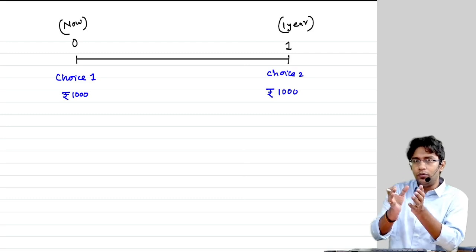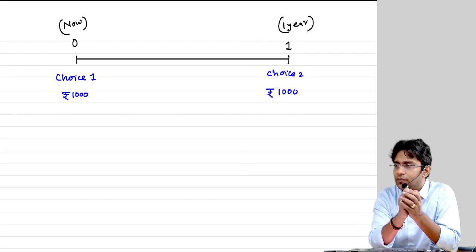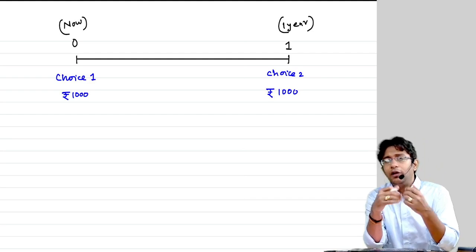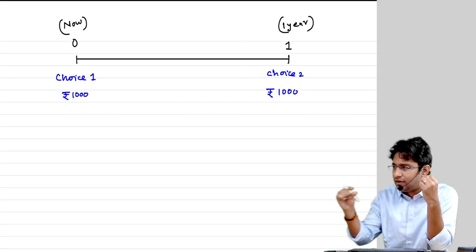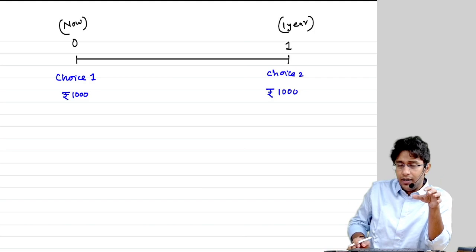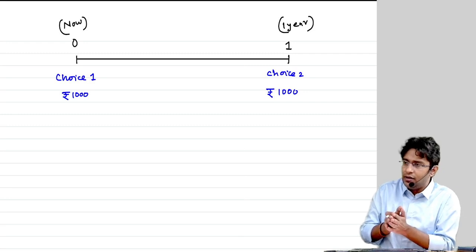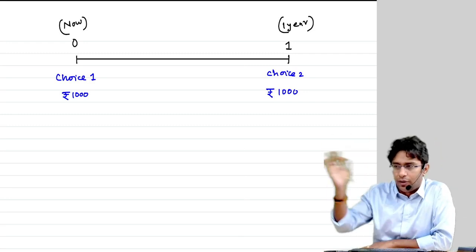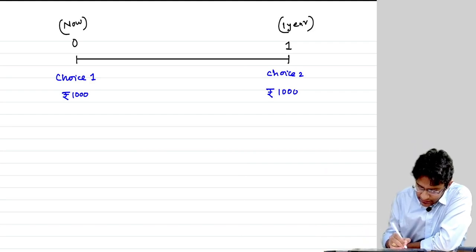Because if you take 1000 rupees right now and invest it somewhere, then after 1 year, the value of that investment will be more than 1000. No matter how small the interest rate is in the market, still the future value of 1000 rupees today is higher than 1000 rupees after 1 year, correct? That means the conclusion is